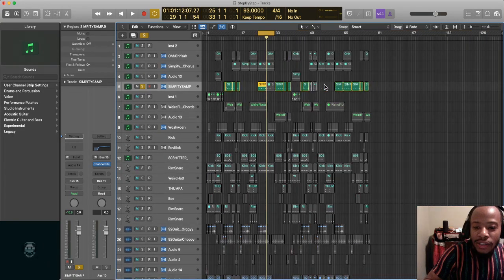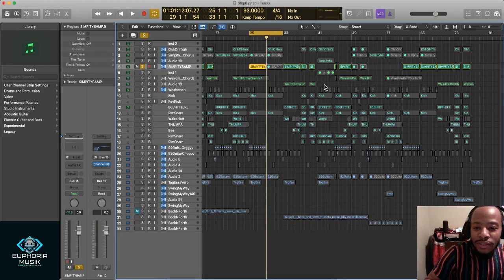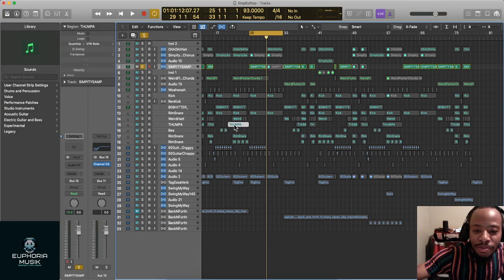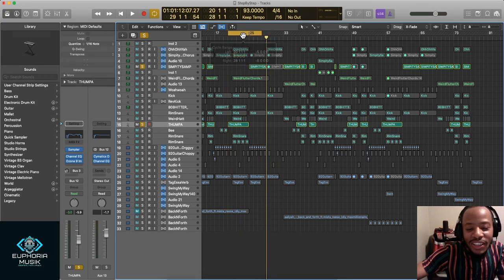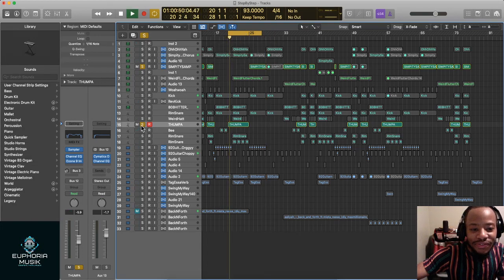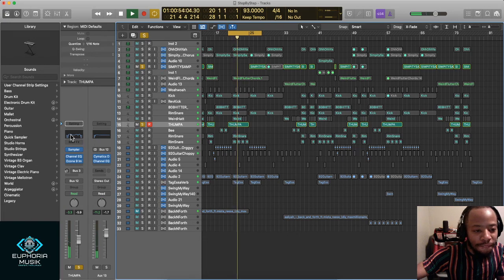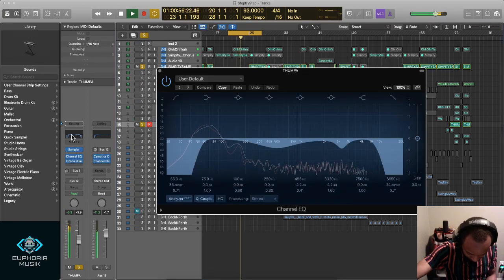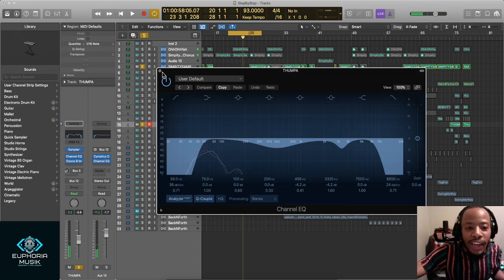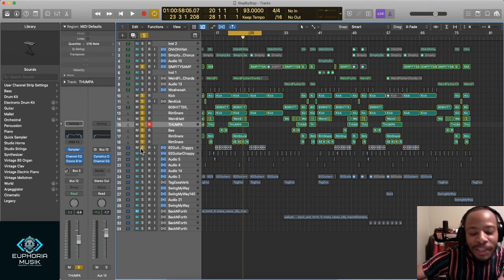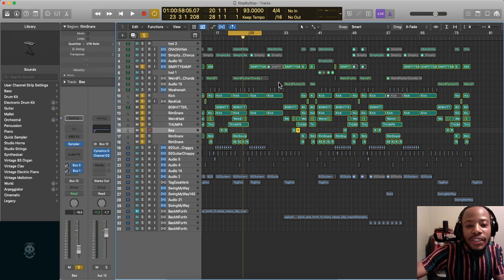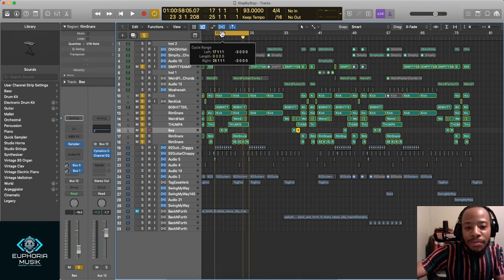Or, as you can see in an arranged beat, there's change ups, there's switch ups, you can add little pieces. This thumper here is literally just a wide kick that comes in at certain parts. It's really just a wide kick, but it adds something, because when I throw the drums all together and you hear that boom boom come in, it sounds like something. So let's see an example of that.